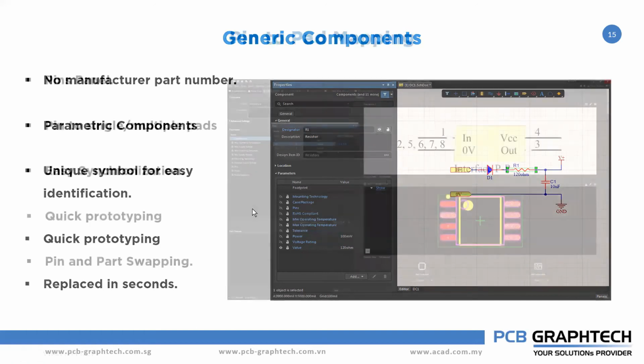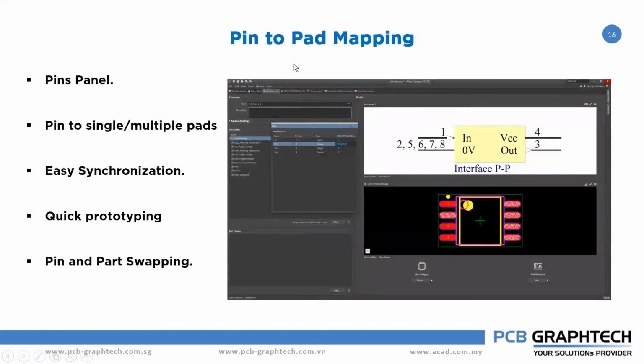Then you can also do the pin to pad mapping. This pin to pad mapping is a very important feature we have on the Altium schematic side. Here we have the mapping for a single pin to multiple pads. For example, if you see this pin, it is connected to the multiple pads 2, 5, 6, 7, 8. This mapping is done inside your library under your pin panel.